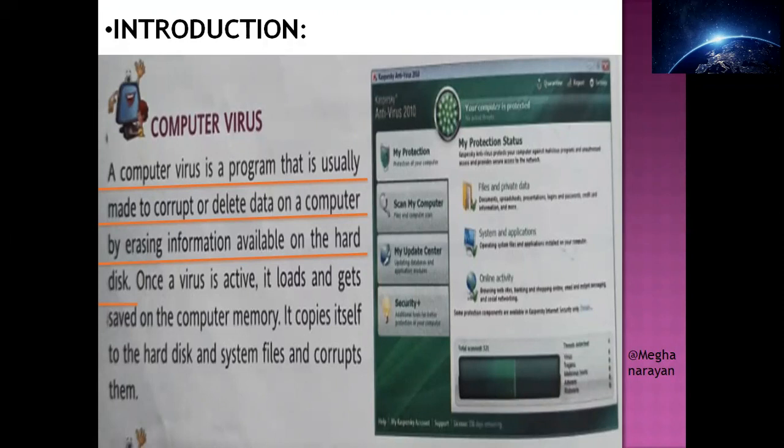Virus used to get active once it loads. Loads means installed. And thus, once installed, it's saved on computer memory and becomes active. After being active onto your computer system successfully, it started copying itself on the hard disk and thus deletes your system files, corrupts your system files, etc.